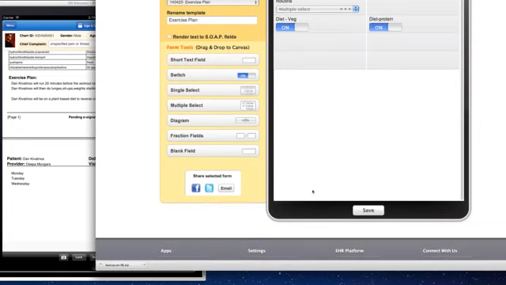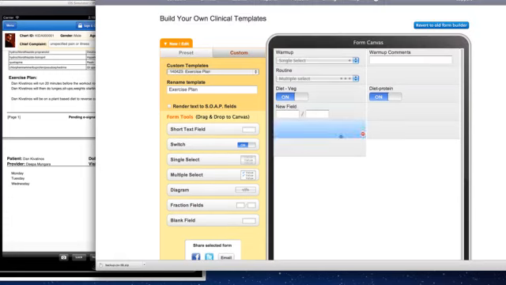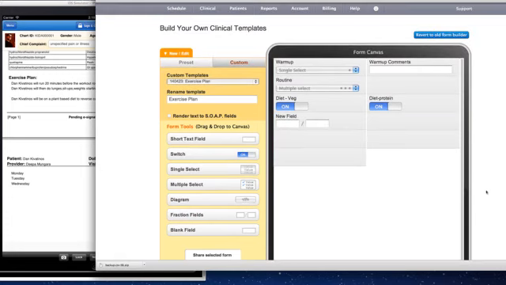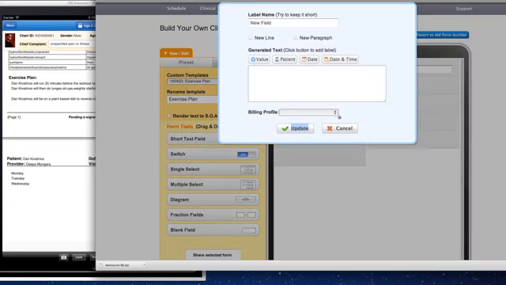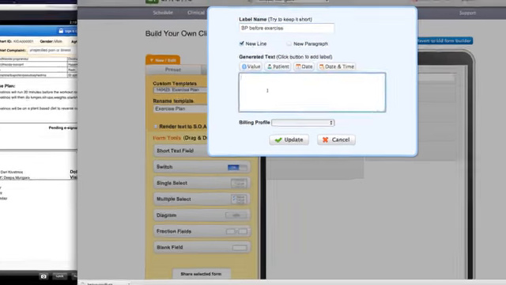So now the next thing I want to show you how to use are fraction fields. So this is essential for things like vitals. So if I wanted to do something like BP before exercise, I can put this in a new line, and I can say,